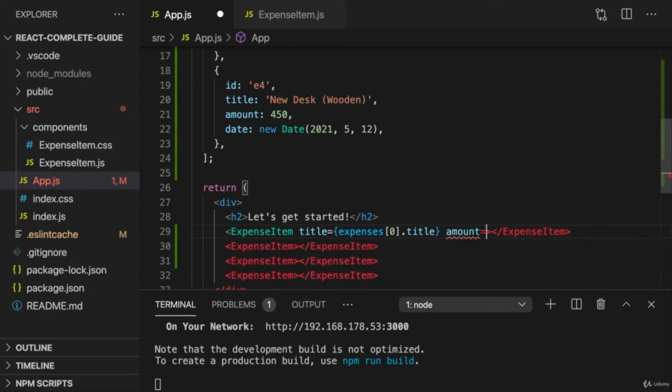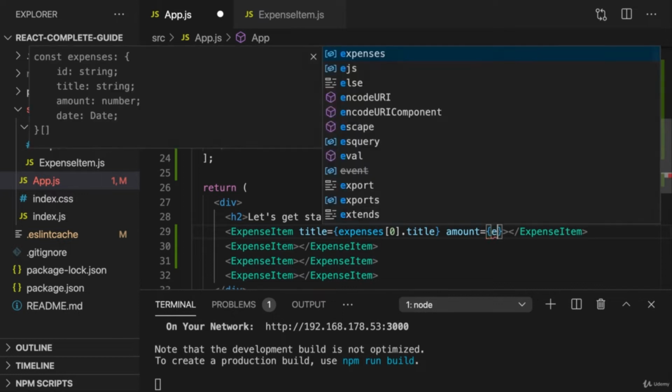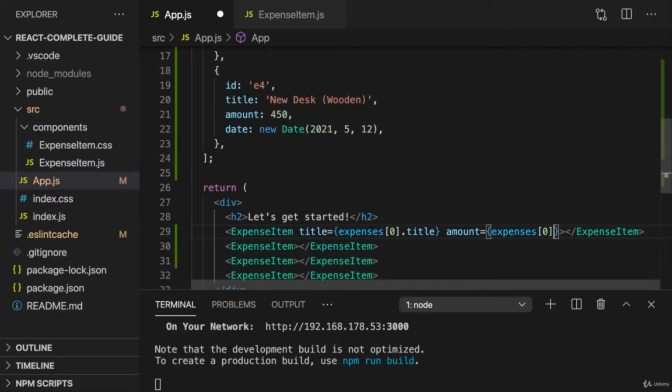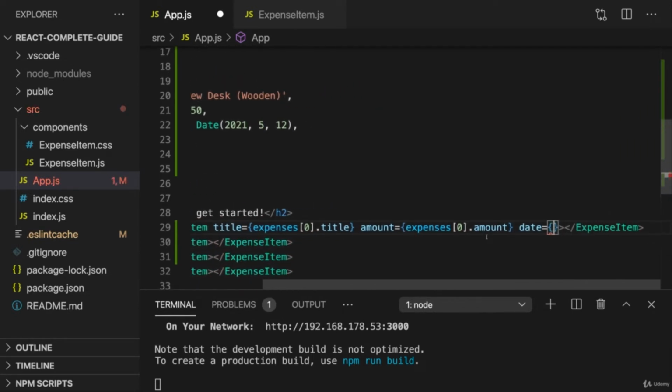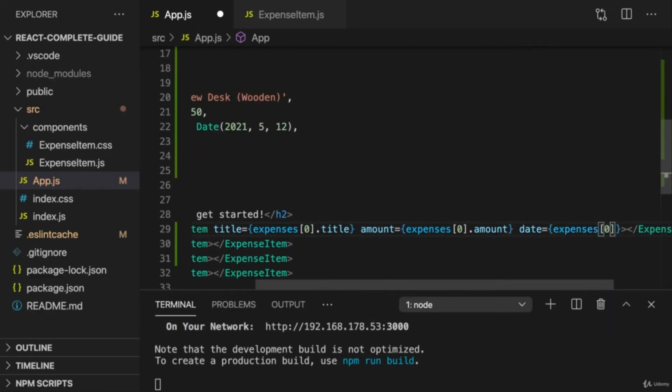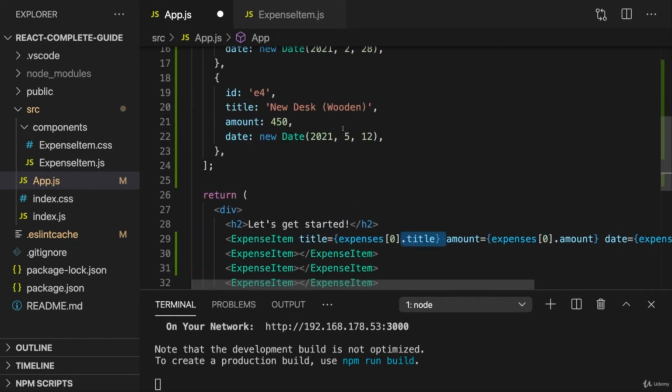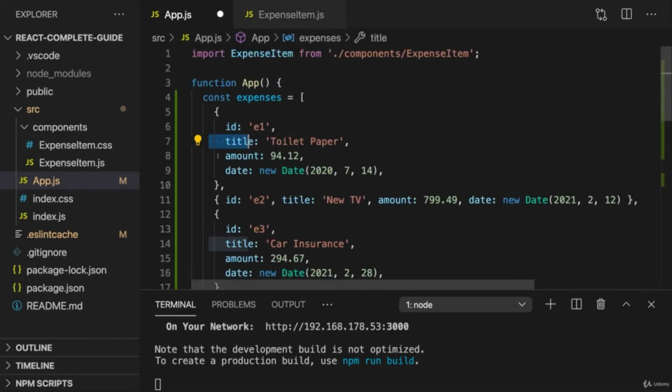Now we can do the same for the amount. We set, let's say, an amount attribute. And these attribute names, by the way, are totally up to you. I'm going with title and amount here, but you could pick different names. And as a value for amount, I again access expenses and the first expense there, and then the amount field. And last but not least, we can add a date attribute and access expenses and there the first expense dot date. You just have to make sure that the part after the dot matches the property names here